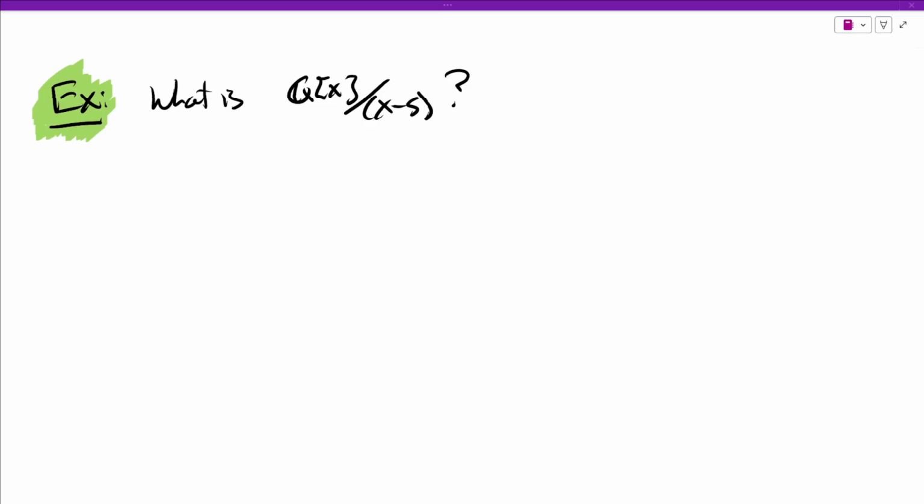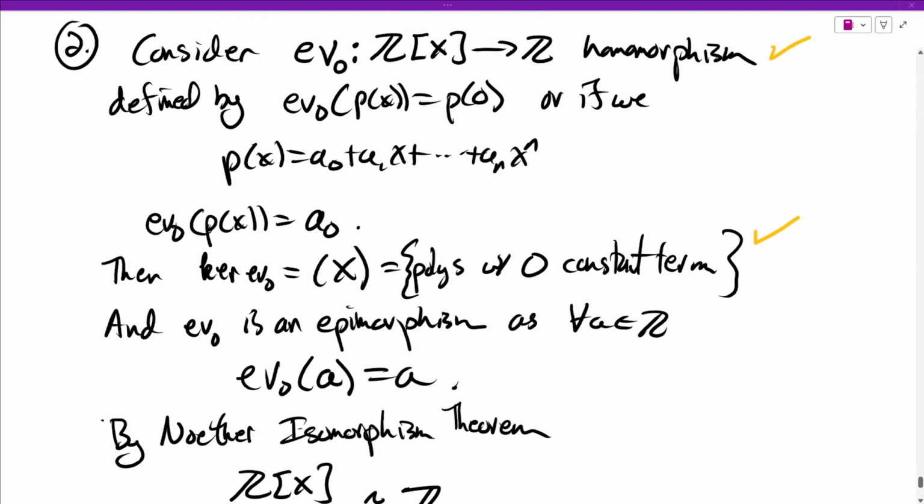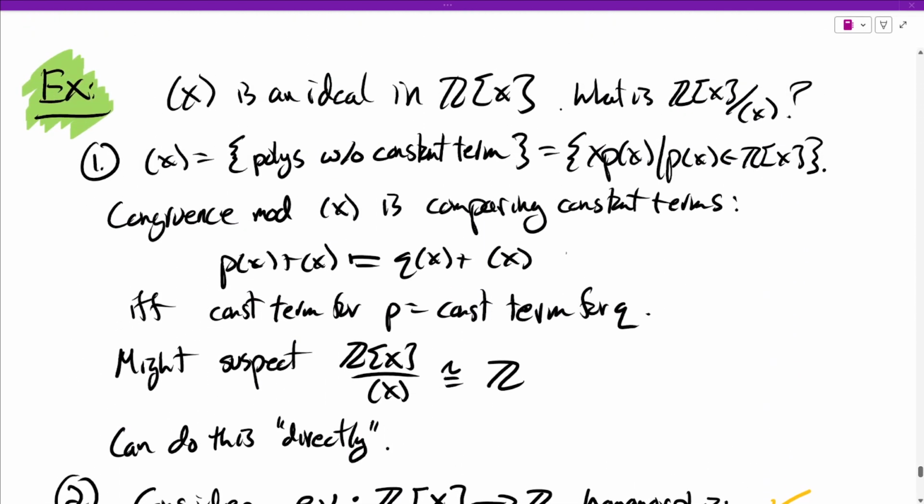Going to do another example now. We're going to look at the polynomial ring over Q in the indeterminate x, and we're going to mod out by the principal ideal generated by x minus 5. Now, before we do this, let me give you one more perspective on the previous example